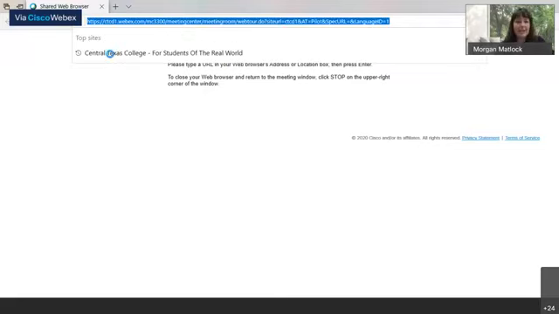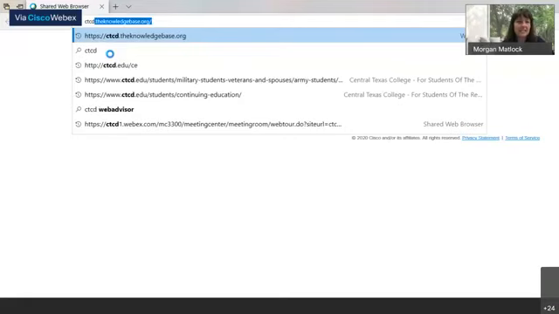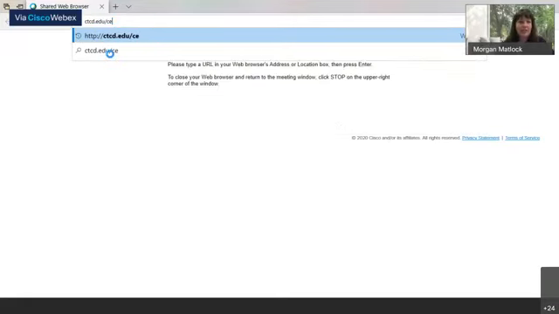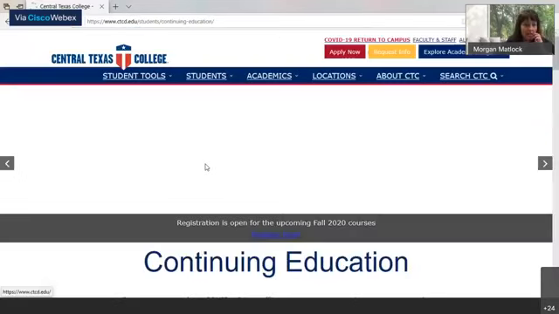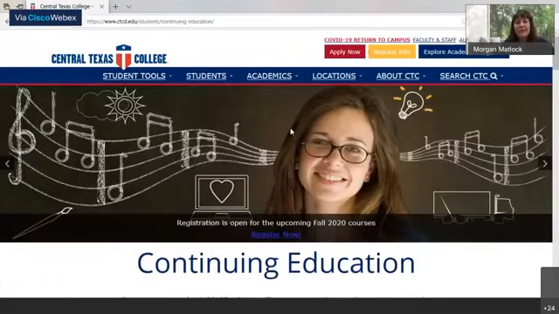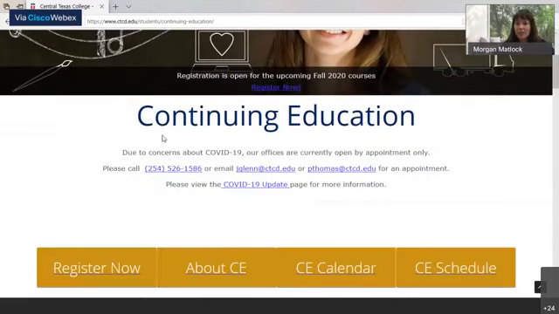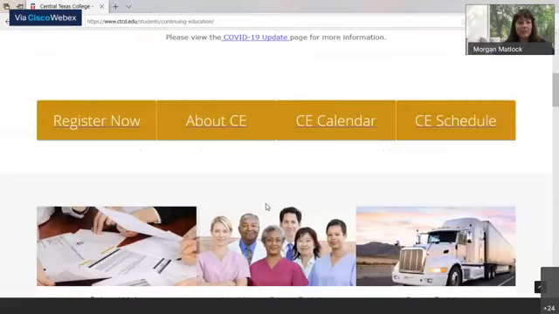So what you're going to type in to get to our website is very simple. It's going to be ctcd.edu/CE. And that should get you right there very quickly. When you open up our page, the first thing you're going to see is a couple of pictures. You're going to see our COVID statement. And then if you scroll down a little bit, you can see the other parts of our website to include